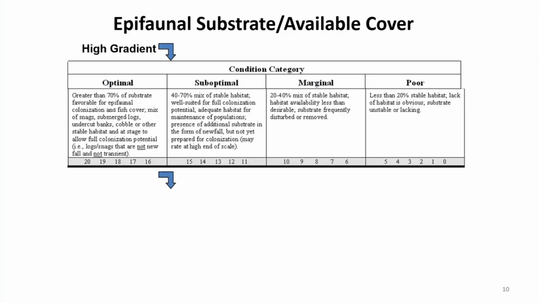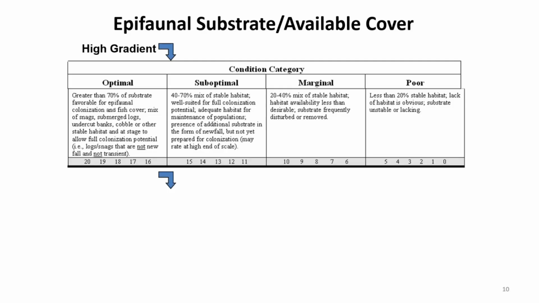So it's important to read the actual words of the question because that will help you decide what number to choose. Each question is worth between 0 and 20 points, 0 being the worst stream, and up to 20